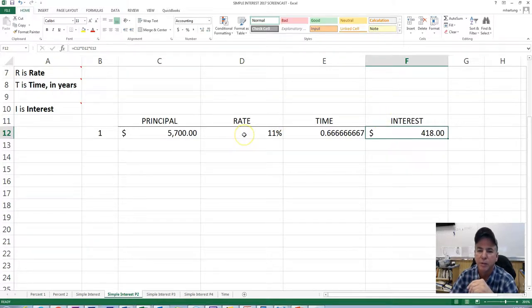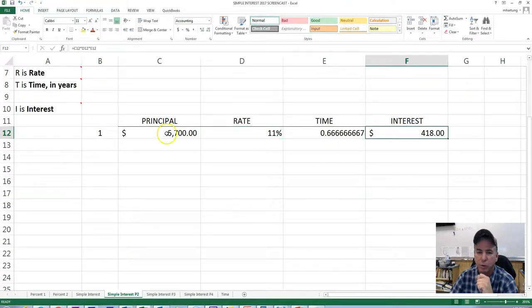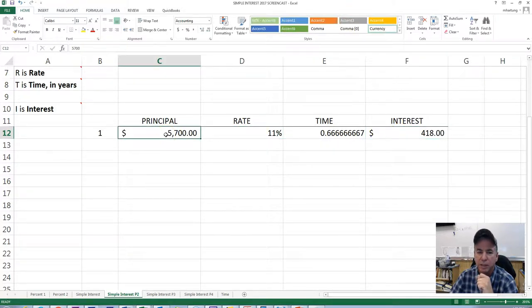You can think of the rate as the price of borrowing that money, but the total cost is based on the price times how much of that money you want to borrow. It's like the price per dollar, 11%. Total amount $418. So you're going to borrow that, $5,700, but you're actually going to pay back the $5,700 plus